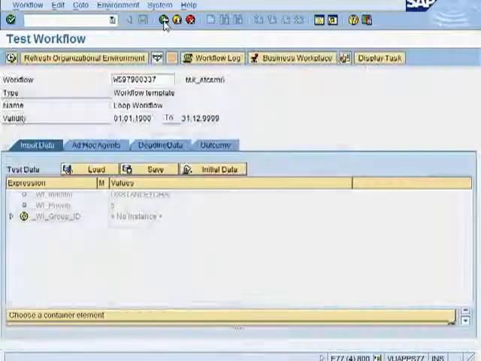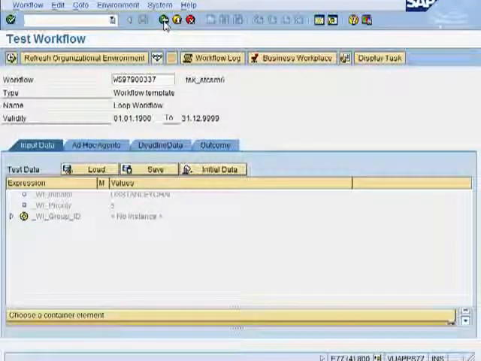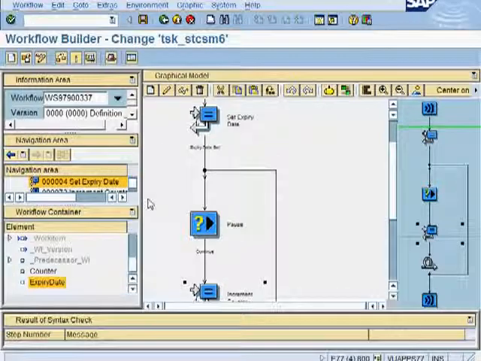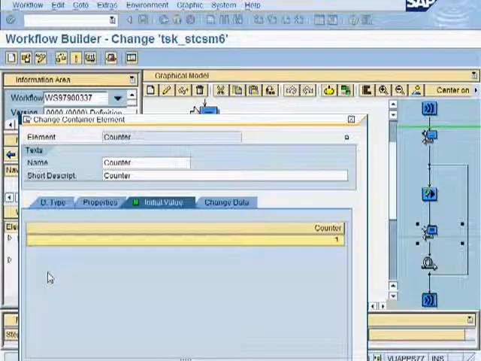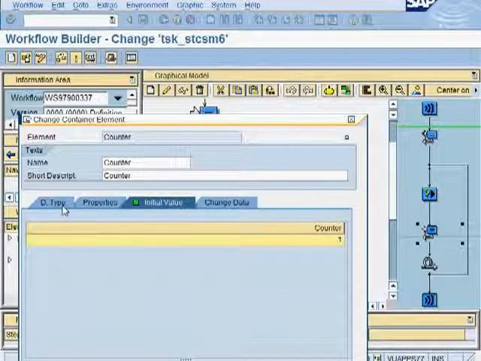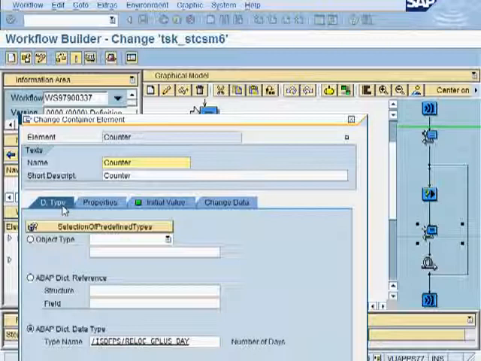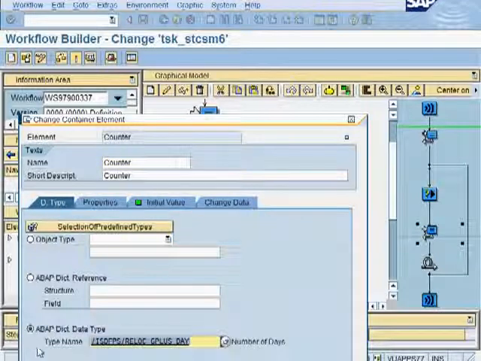operations. Now, in case you're wondering how you can create a container, a counter container, for example, let's examine this counter a little bit. I have an initial value of 1. You can set the initial value for it, but more importantly is how you define the type. So in this particular case, I'm defining the type like this, and